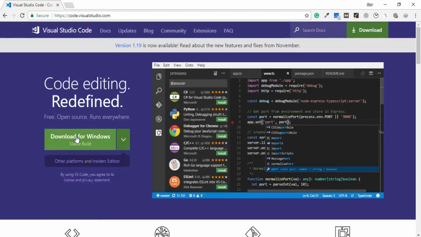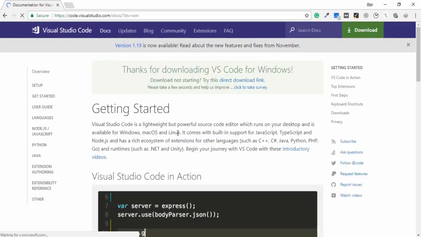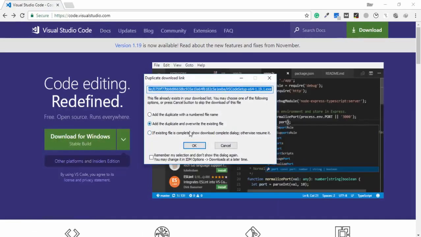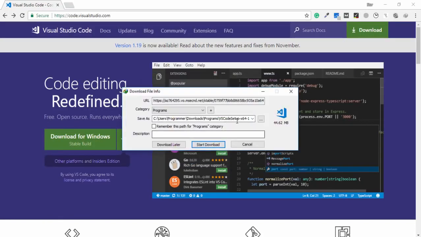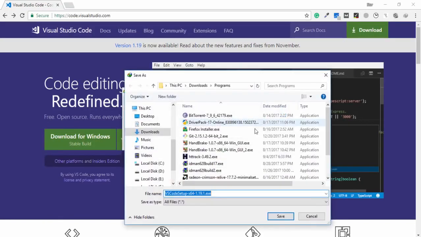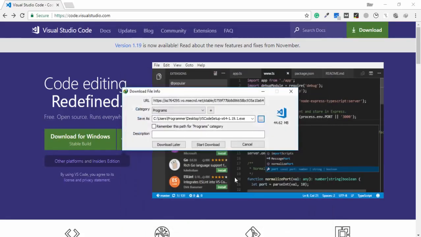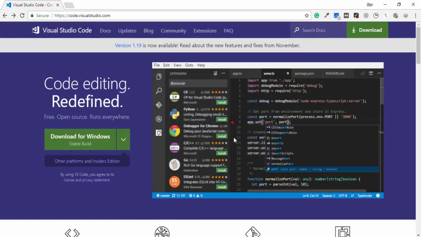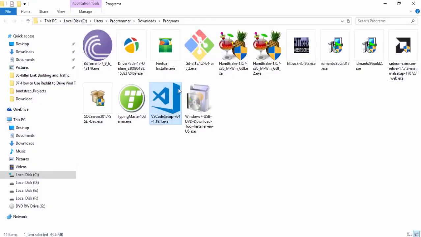Okay, so in my case I'm using Windows 10, so I just click on this button and then you need to wait a couple of seconds to display the download link. Click OK and select your location or path and save and just click to start download. I don't need to download it because I have already downloaded it. I go to my program file and this is my Visual Studio Code Editor setup. I double click on it